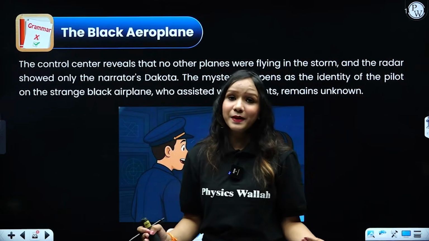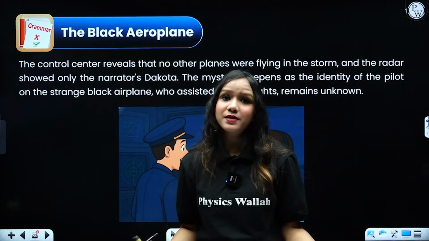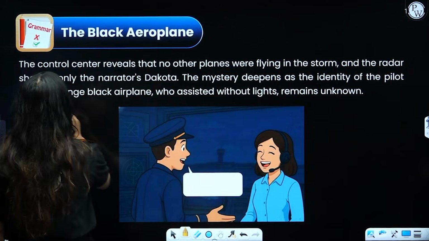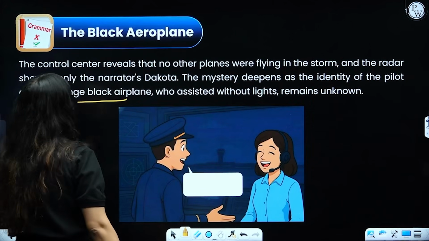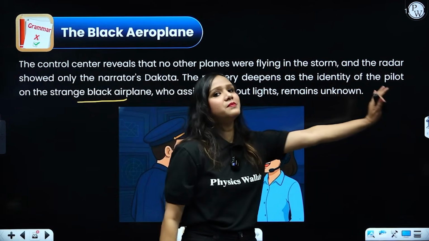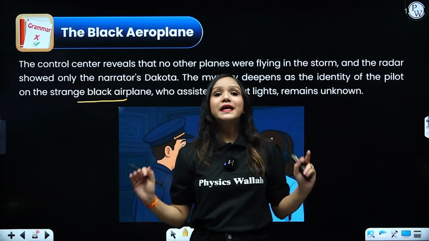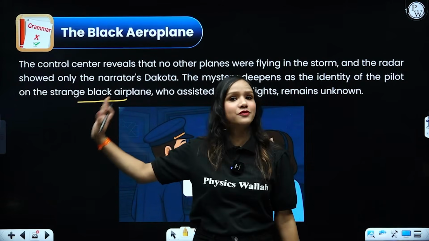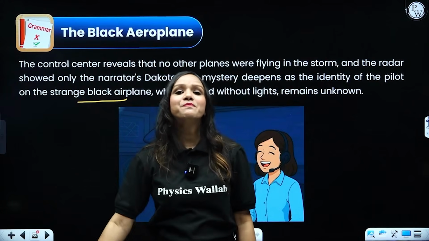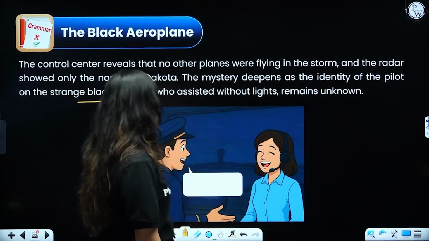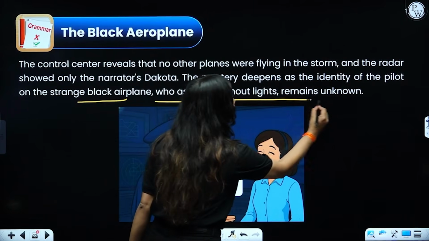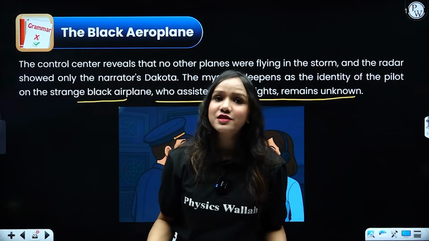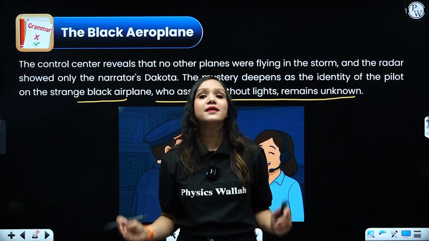His was the only plane because, owing to the bad weather conditions, all the flights had already been cancelled, right? So this mystery deepens as the identity of the pilot on the strange black plane who assisted without lights remains unknown. So this mystery remained unsolved for this pilot, the author of the pilot of the DS-088, right? So we see various mysterious elements of risk, which makes this story so intriguing, just like the black